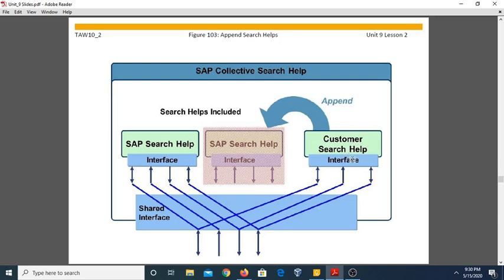In this case, you can make use of append search helps, which is a collective search help that is assigned to another collective search help. As shown in this figure, the customer search help is appended to the existing collective SAP system search help. Sometimes there is a need to attach or append this customer search help to the existing SAP search helps.